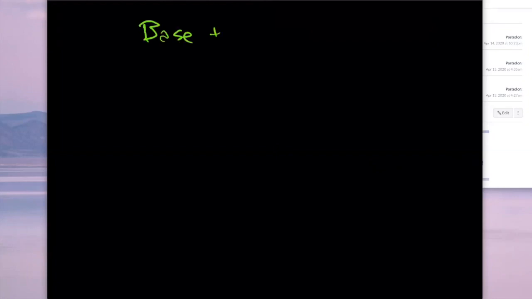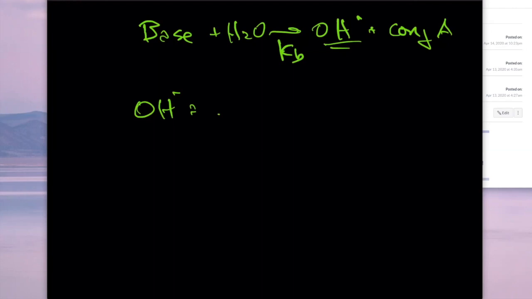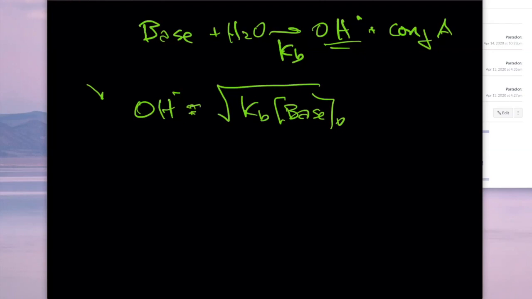The base will react with water and it will form hydroxide and the conjugate acid, and because it's forming a hydroxide, it's a Kb. And what you can do is say hydroxide is equal to the square root of the Kb times the initial base concentration. So these are very handy equations to use because you can cut to the chase and bypass the ICE table and go here,